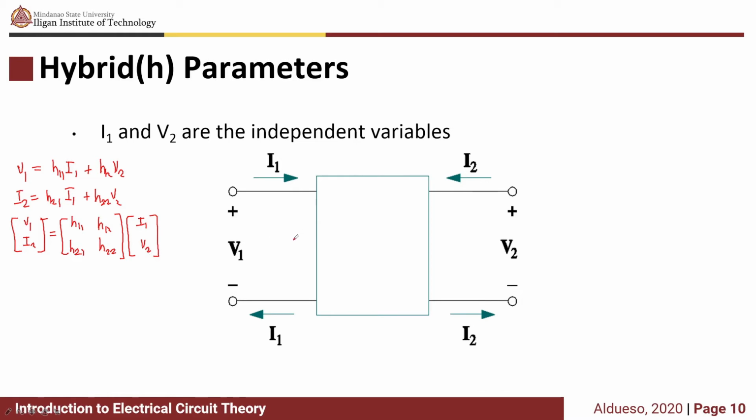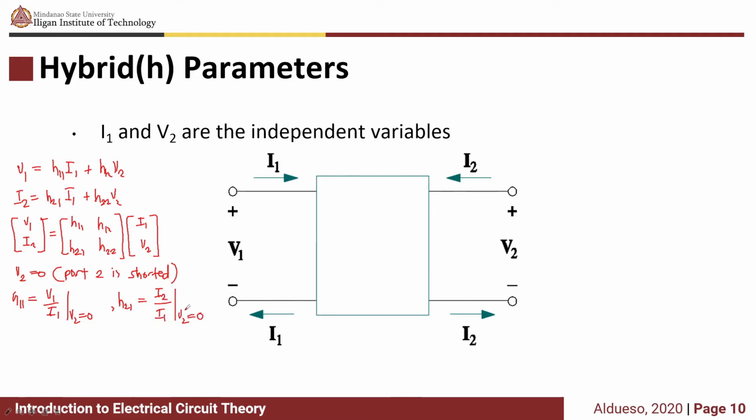Now to solve for the H parameters, you need to short port 2 and apply a source at port 1. Looking at the equations, if V2 is 0, meaning our port 2 is shorted, we can solve for H11 and H21. H11 is equal to V1 over I1, V2 equal to 0. Our H21 equal to I2 over I1,